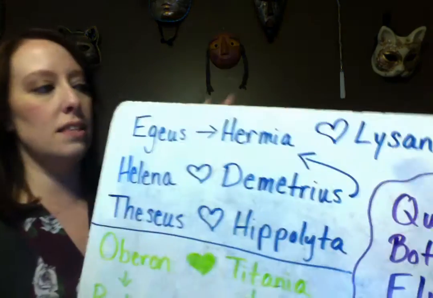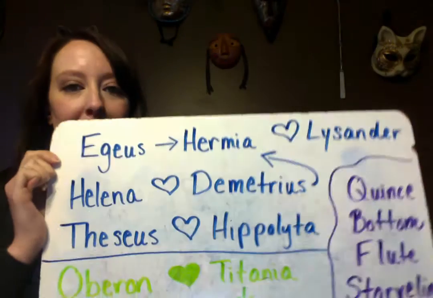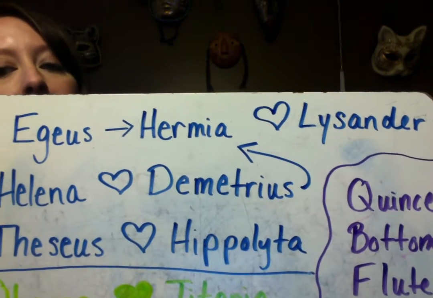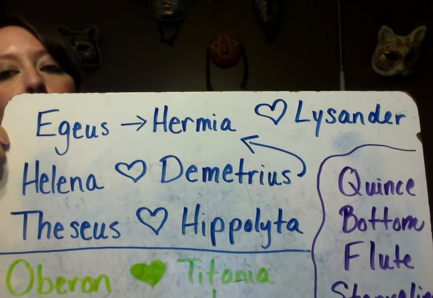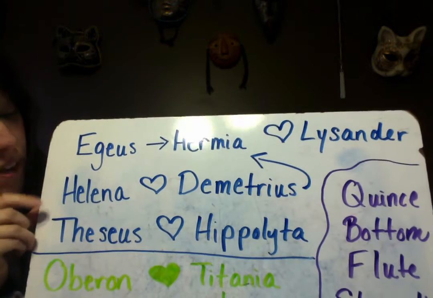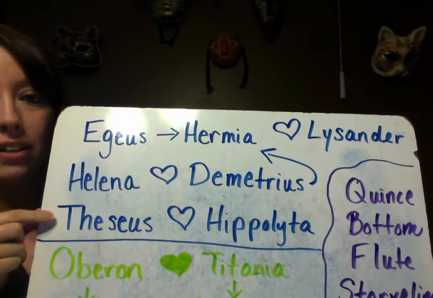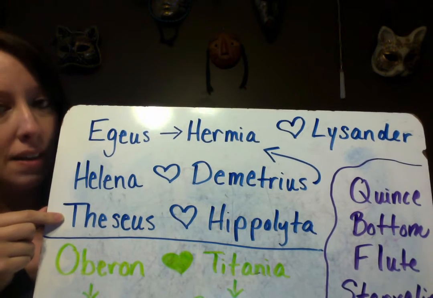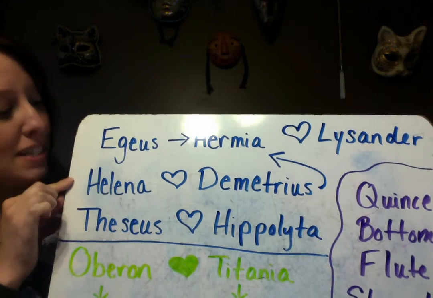So here on this whiteboard, I'm going to put it up close so you can read it because the lighting from my dining room is kind of crazy. Okay, there we go. So in blue, I have some of our main characters from the palace group of people. Down at the bottom, you have Theseus and Hippolyta. Now Theseus and Hippolyta are engaged. They're getting ready to be married. Theseus is the duke, and he wants to marry Hippolyta. So that's planned. They're waiting for the celebration.